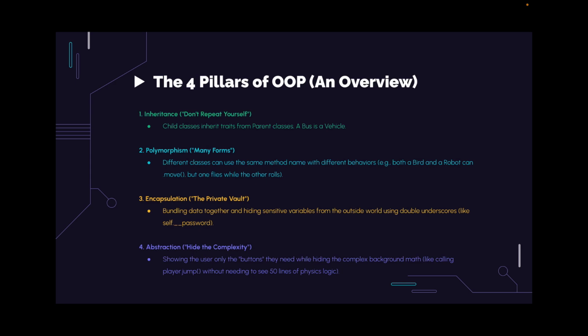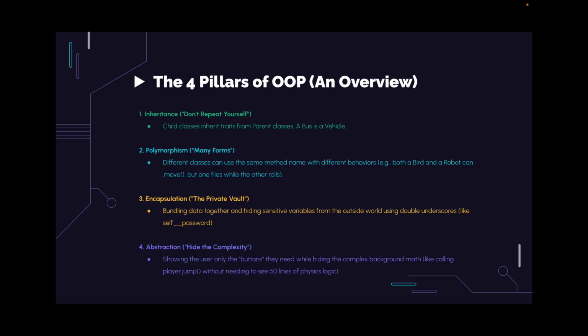Polymorphism, which literally translates to many forms, means that different classes can use the same method name with different behaviors. So, for example, both a bird and a robot can use the method .move, but one flies while the other rolls. Okay. For our third pillar, we have encapsulation, which is essentially bundling data together and hiding sensitive variables